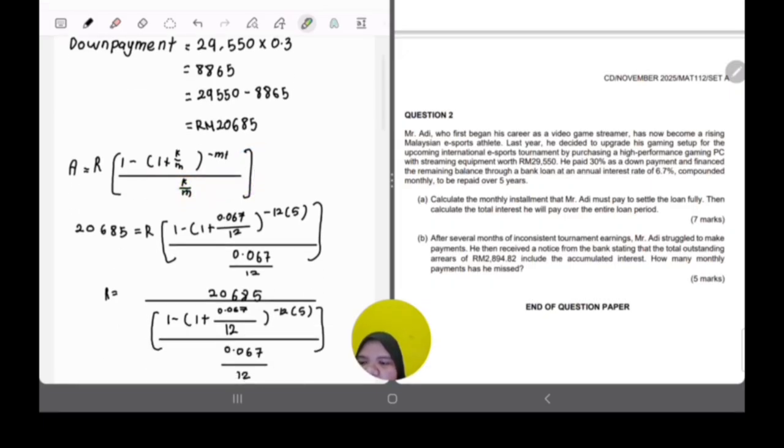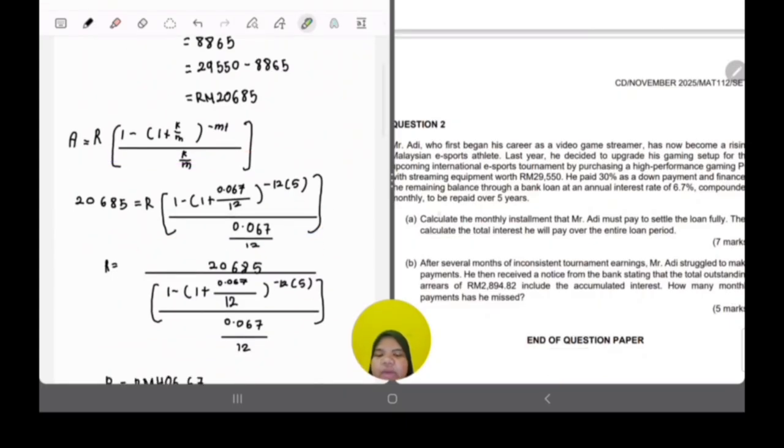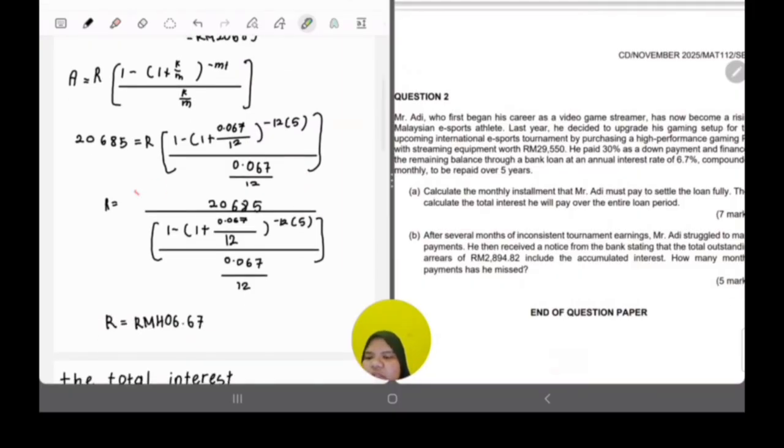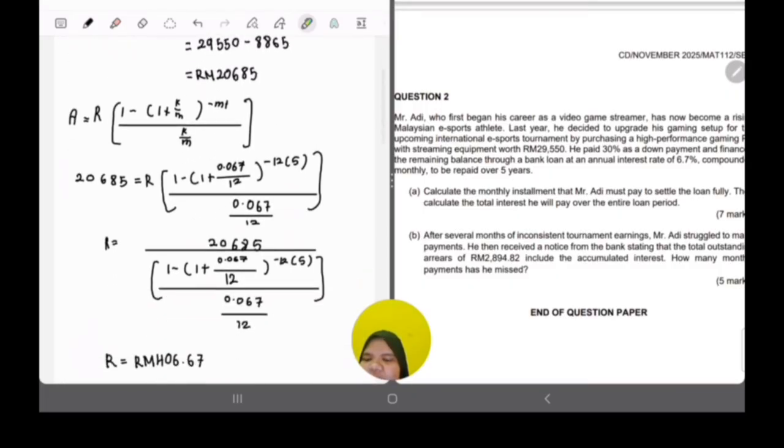So now we are going to substitute all the information that we get from the question into this formula right here. After substituting all the information from the questions, we will do the calculations as we can see right here to get R, which is R equals 406.67 cents,